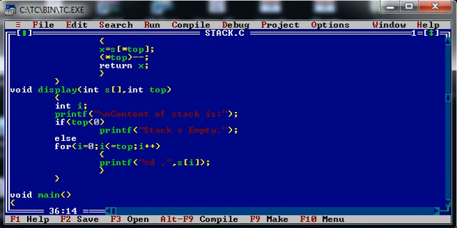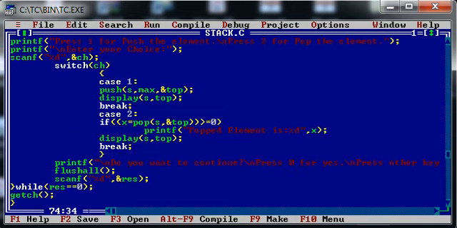So if the value of top pointer is less than 0, then I can say the stack is empty, right? Otherwise it should print the content of stack from index value 0 to top. Okay, and for that I have written a for loop in which I am printing the content of stack, that is s of I. So this is the push function definition and display function definition.